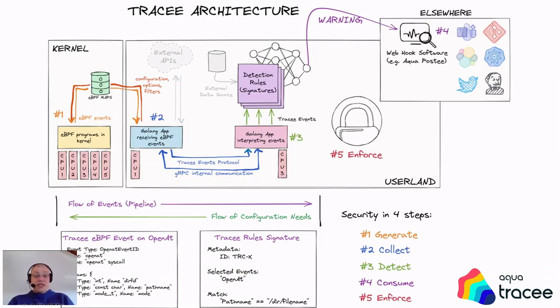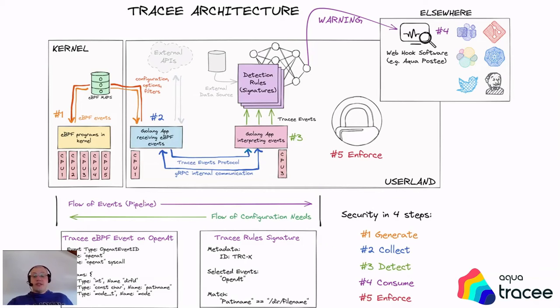By the time the events arrive in Userland, a pipeline is started and is responsible for decoding the events. Depending on the event types, it has to know the number of arguments being sent from kernel to Userland. The pipeline sometimes has to connect to external APIs to get information that will enrich the event's context. After being processed, sorted, cached, enriched, and sometimes derived into other events, the event is sent to the second portion of